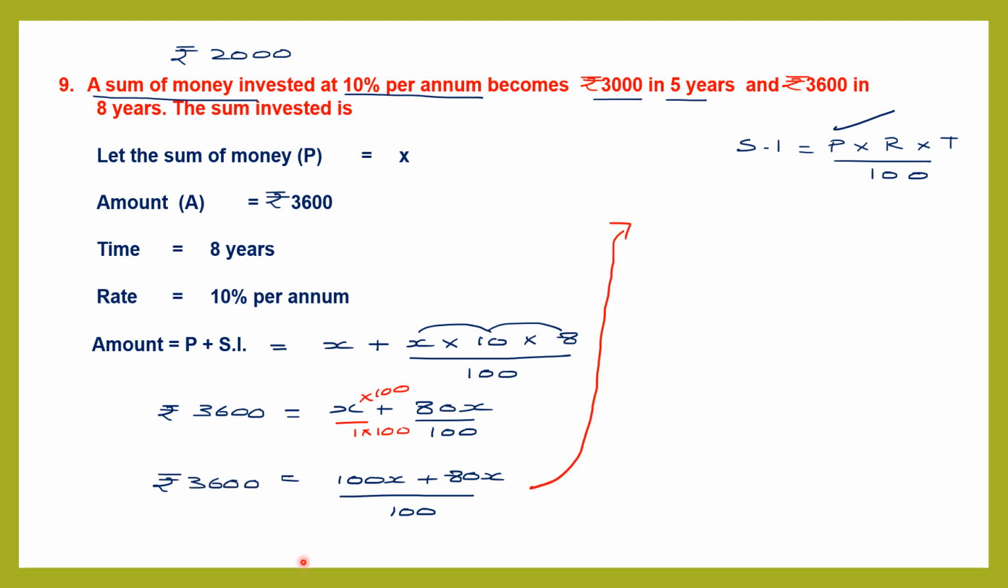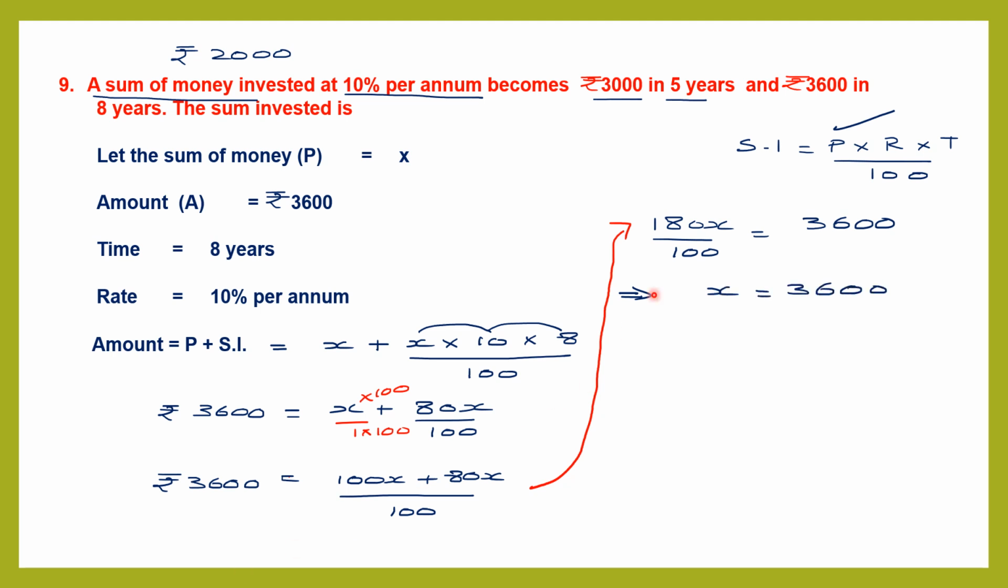I will continue there. Now 100x plus 80x is 180x. So let's write that first. So 180x by 100 is equal to 3,600. Okay, I've taken it from here itself. 100 plus 80 is 180, which I've written there. 180x by 100 is equal to 3,600. Now we're going to find the value of x. So x will be equal to